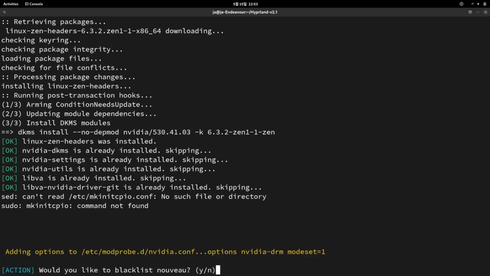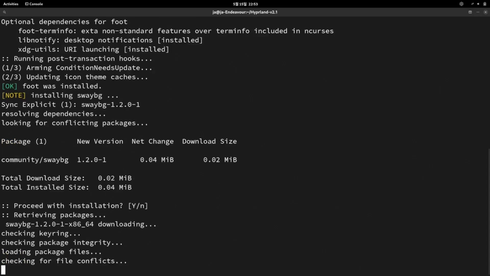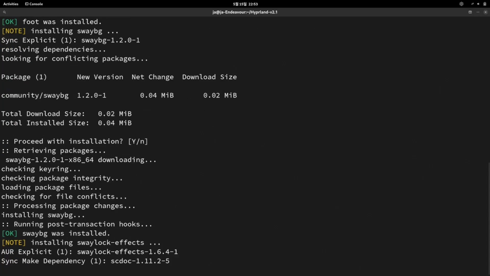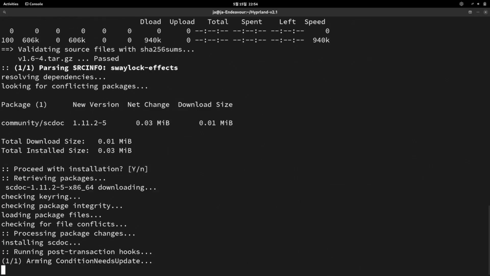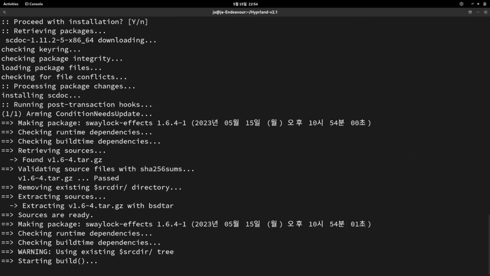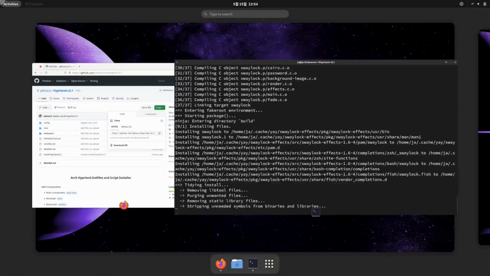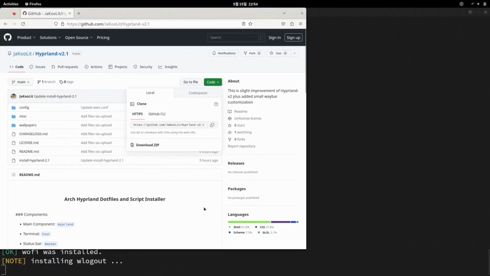Okay, so of course I want to blacklist it. Blacklisting it will completely blacklist the Nouveau driver. So if you plan to use the open source drivers, do not blacklist. That's the thing. And another improvement that I made actually is